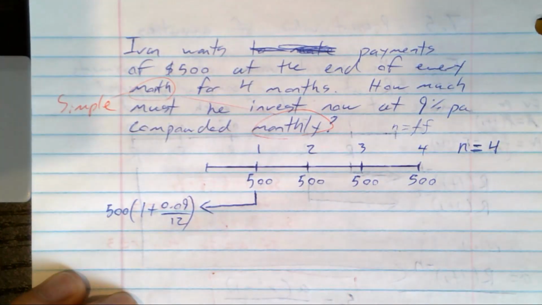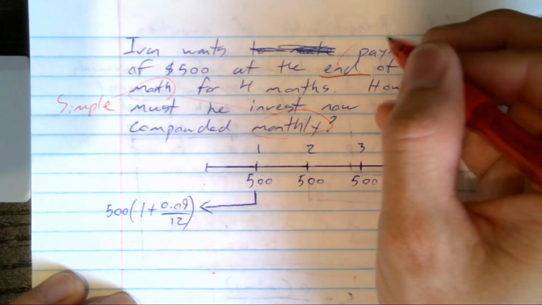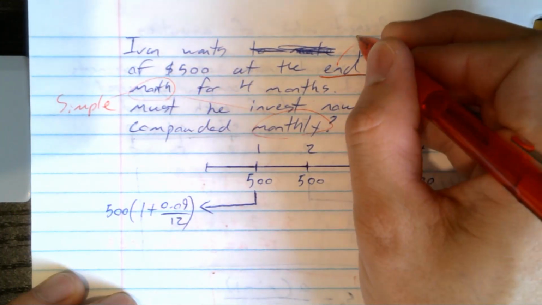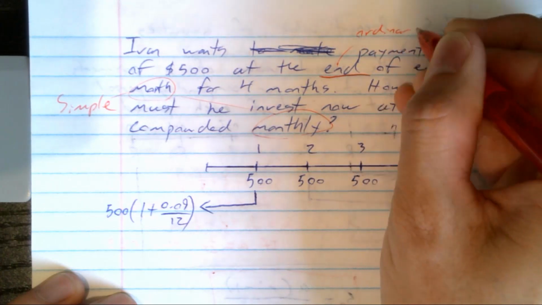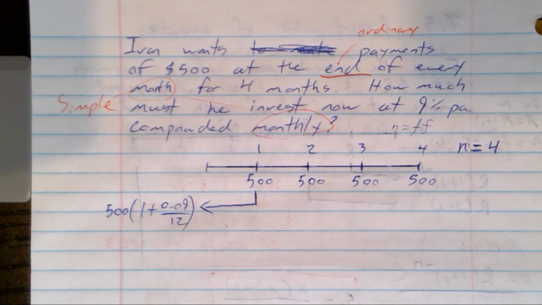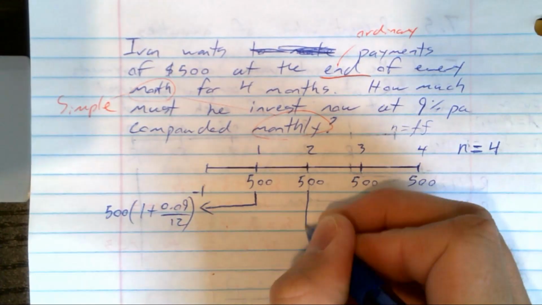The fact that we are making the payments at the end of each month, or taking out $500 at the end of each month, makes this an ordinary annuity. Again, unless otherwise stated, every annuity in your textbook is a simple ordinary annuity. Right, sorry, this is tracked backwards 1 period. This one's going to be tracked backwards,